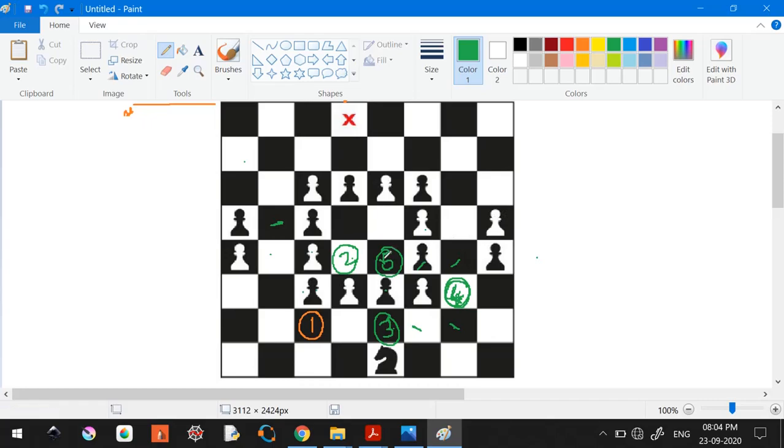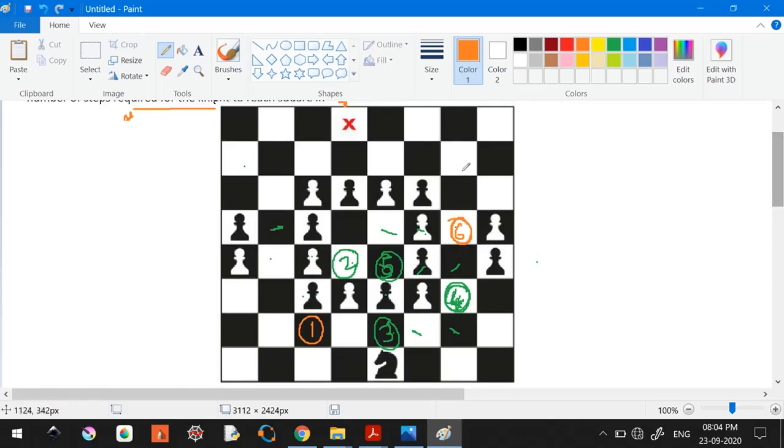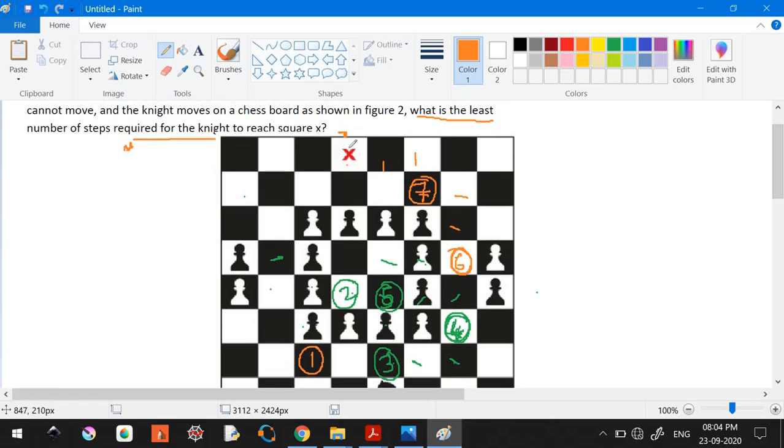So if I go here, this is going to be 6, and if I take a step again, 1 2 3, so this is going to be my 6th step here, and I think I am getting it. So from here I take 3 steps more, 1 2 3. So this is going to be my 7th step. Yes, perfect. And from here if I take 1 2 3, I will end up here. This is going to be my 8th step. So I am needing 8 steps.